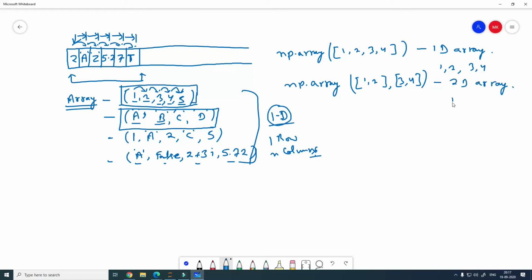And how will this be arranged? This is going to get arranged as 1 and 2 in the first row and 3 and 4 in the second row, and this all will be actually enclosed in another bracket, which means this is a single array. This is not an example of two arrays, right? This is a single array, which has, you can say, two rows and two columns,